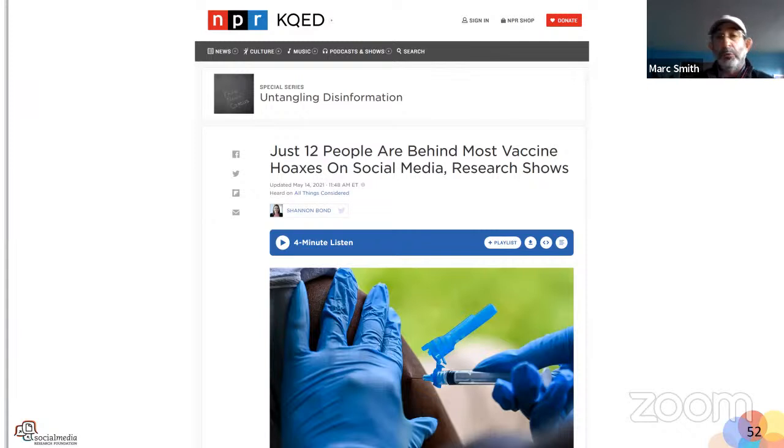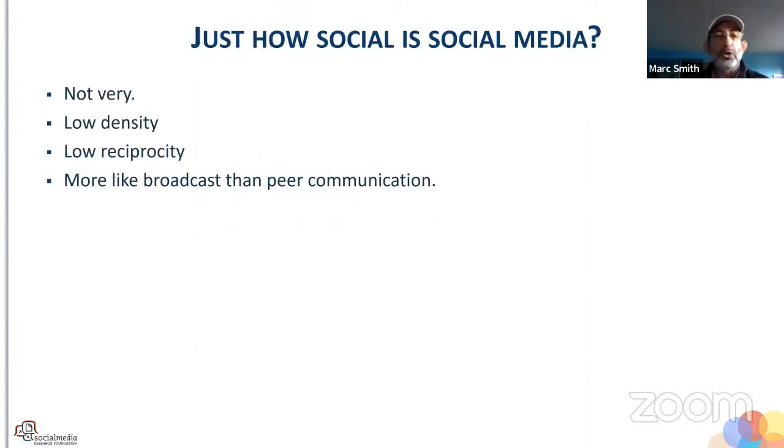It means that if you are one of these people, great, and it takes a small group to move the needle in public perception on a given topic, but it could be a pretty bad thing if a very small group of people can move the needle in a direction towards disinformation. So the question could be asked, how social is social media? I'm a sociologist. I'm going to give you a professional answer. Not very. How could that be? How could social media not be social?